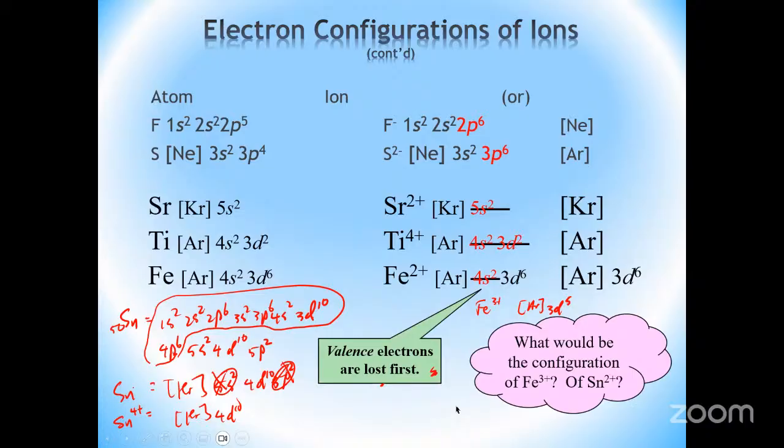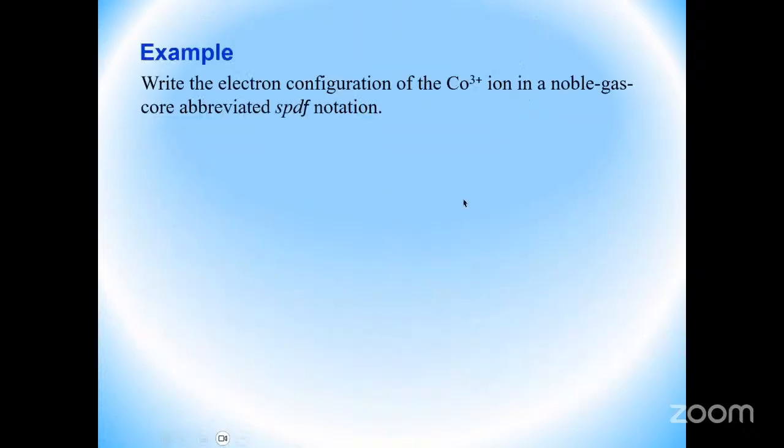Okay, any questions about this? Okay, so let's look at this one. The electron configuration of Co3+ in noble gas abbreviated spdf notation. So what's the atomic number of cobalt? 27, right? So the electron configuration of cobalt will be 1s2, 2s2, 2p6, 3s2,